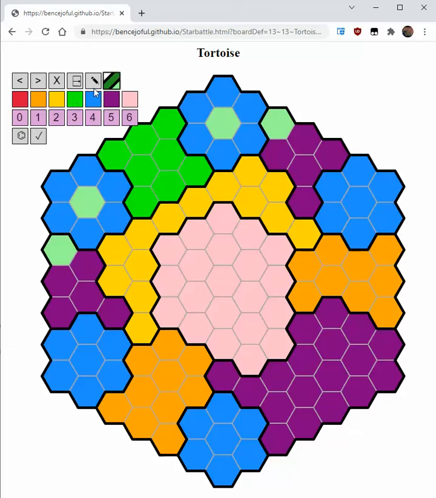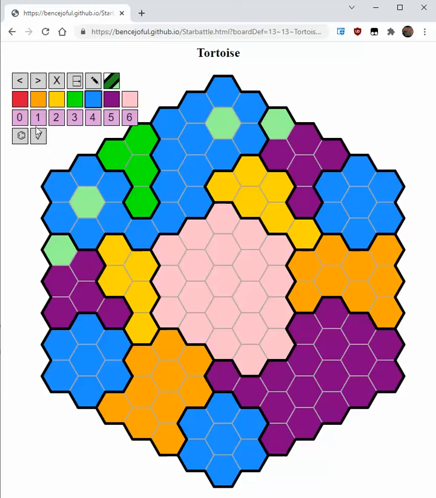Okay. Now in edit mode, if you want to change the region shape, you just select whatever color you want and start drawing, and that'll change the shape of your region. So now this blue region is bigger, the green region is smaller. Now it's even bigger, and now this yellow becomes two different regions. Obviously, that's not going to work for Star Battle. You need exactly the same number of regions as you have lines. Oh, I also joined the blue regions, so actually this might work. Anyway,